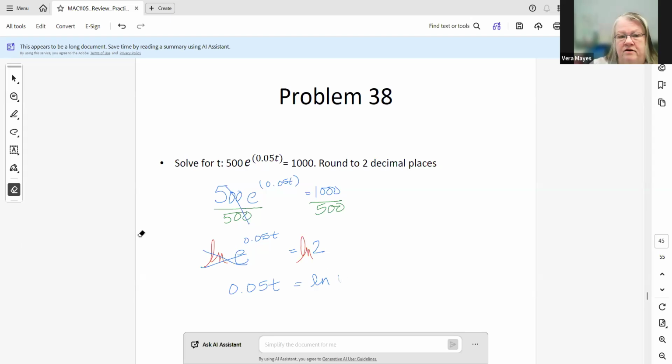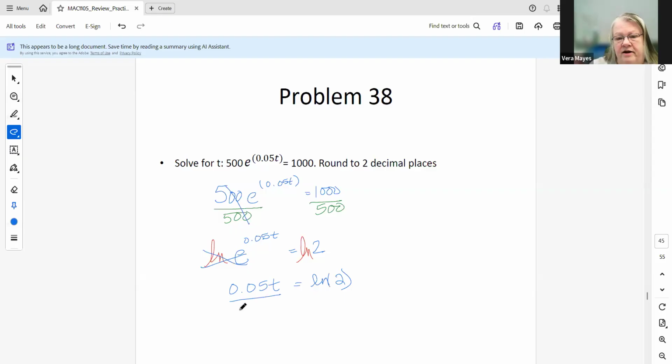And I am still trying to solve for this t. So I'm going to divide by this number on both sides. T equals, I'm going to put this into the calculator. So the natural log of 2, close my parenthesis, divided by 0.05, and I get 13.8629. Oh, let's see, how many decimal places? 2 decimal places, so 1, 2. I have to stop here. This 2 is not big enough. Remember, it has to be 5 or more to make it round. So T would be